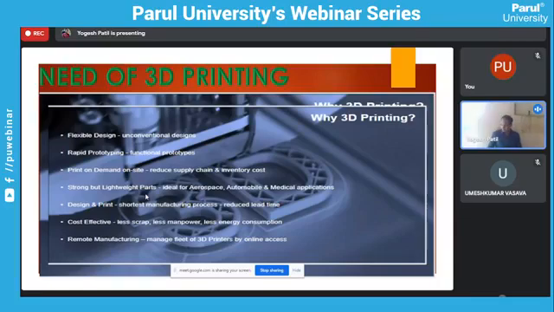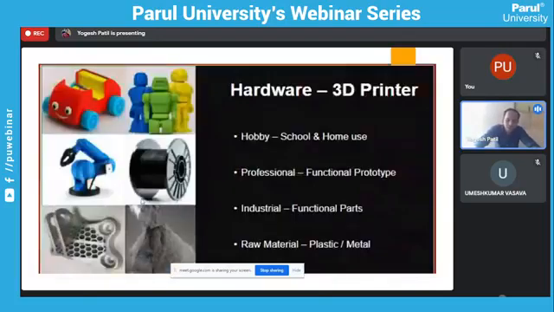My only intent, friends, is to explain to you the need for 3D printing. This saves your time, cost, and headache, and also you can produce a number of objects. If you want to make small changes now, you can design and produce the part in a very short duration of time, and there is a very